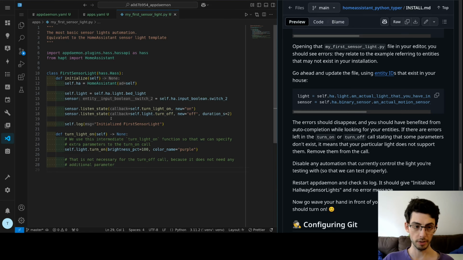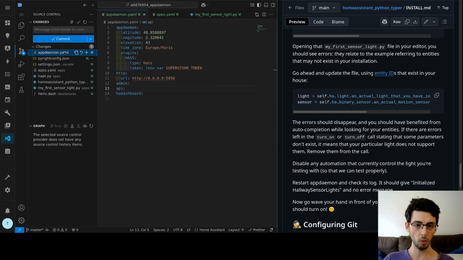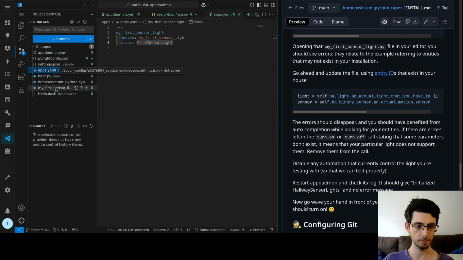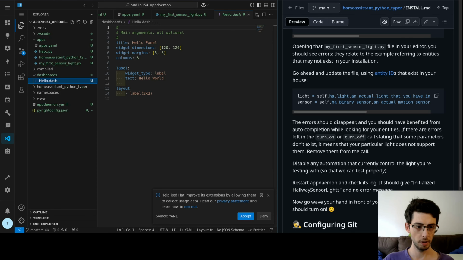Finally, we're going to save our changes using Git. In the Source Control tab, we get to see all the changes that we have made. Right now, none of them are backed up by Git. We can see here that there is an AppDaemon dashboard that we're not actually interested in. So let's go ahead and remove that.